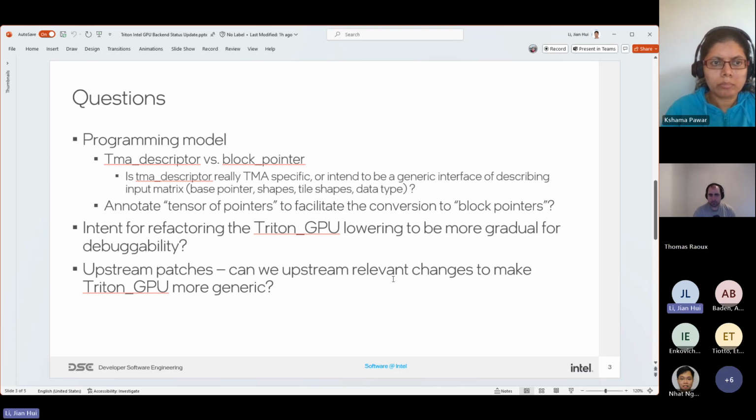Yeah, I know that you guys are very busy with TMA, but I do think that making sure the Triton ecosystem uses one common way of programming GPUs has lots of value. Of course, I understand. I don't know whether you guys think about making this TMA descriptor more of a